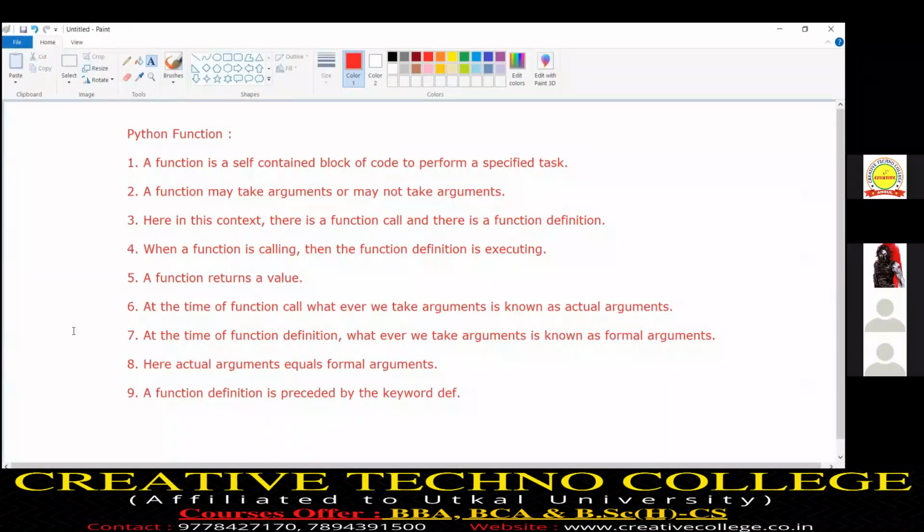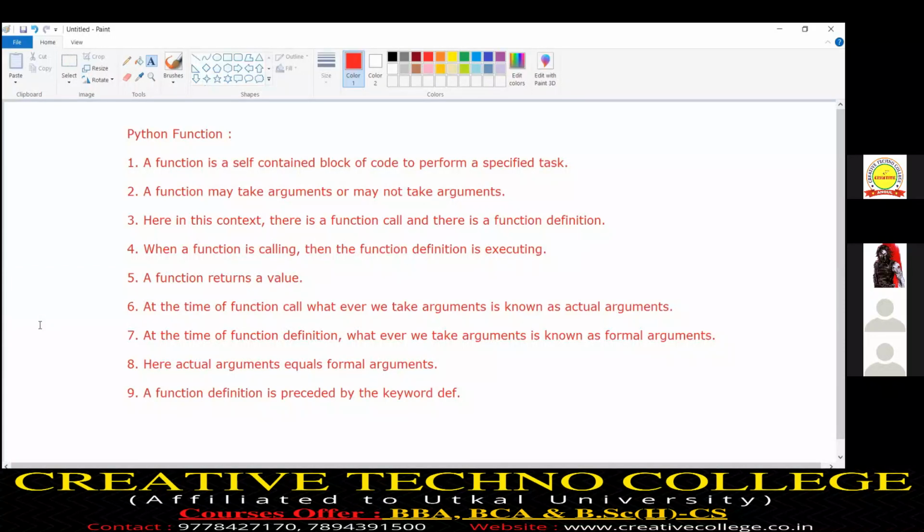So these are small points regarding function. Overall, a function is a block of code to perform a specified task. There is a function call and there is a function definition. When a function is called, then the function definition is executing. This is the main point. A function takes arguments, and there are two types: actual arguments and formal arguments.